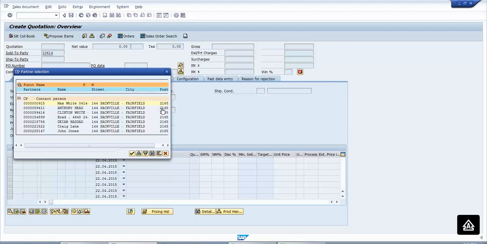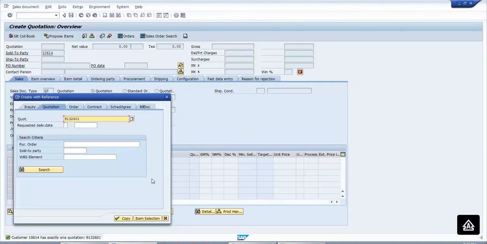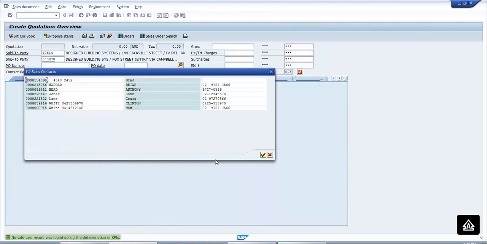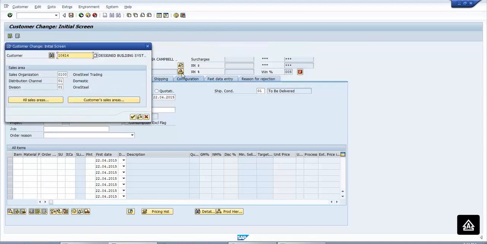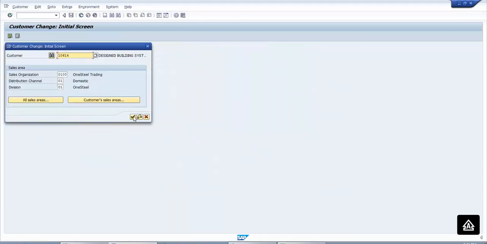For the purposes of this demonstration, let's assume the contact person is new to this business and we're going to create a new contact. So if we close this window, we get another pop-up which shows us any open documents for this customer, and if we need to refer to that we can do in this screen, or we can just escape out of that, escape out of the contact field again, and we'll use this button here to create a new contact person. So if we click on the customer contact button and click enter there,